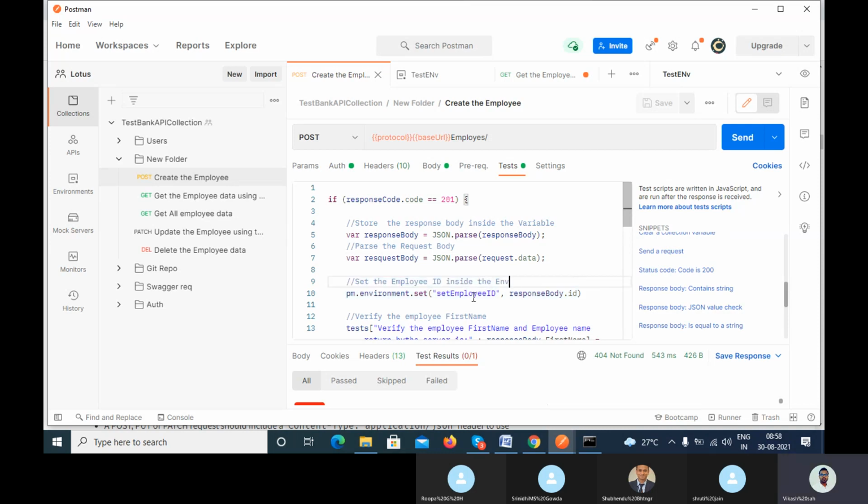Right now, in this set method, we are storing individual property values, like the integer ID. But here we will store the whole object. So let's try to do that. After parsing,